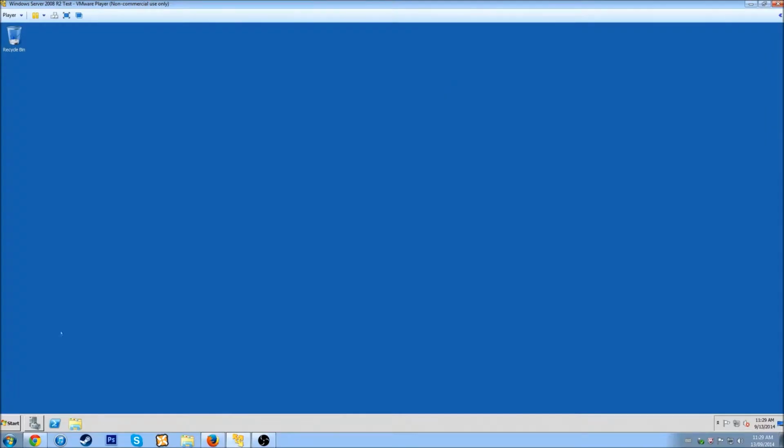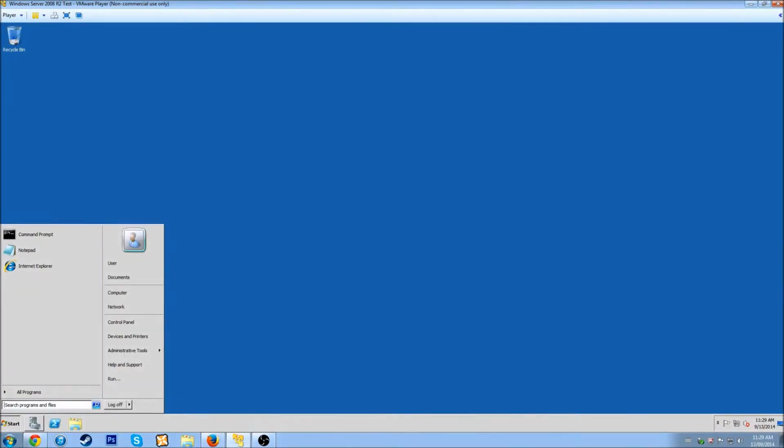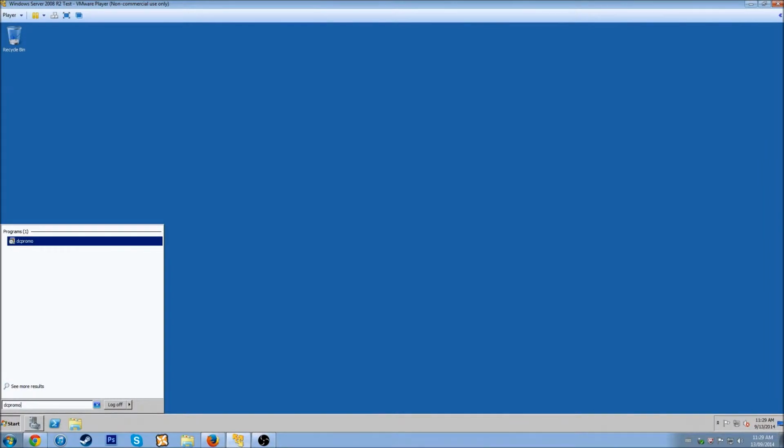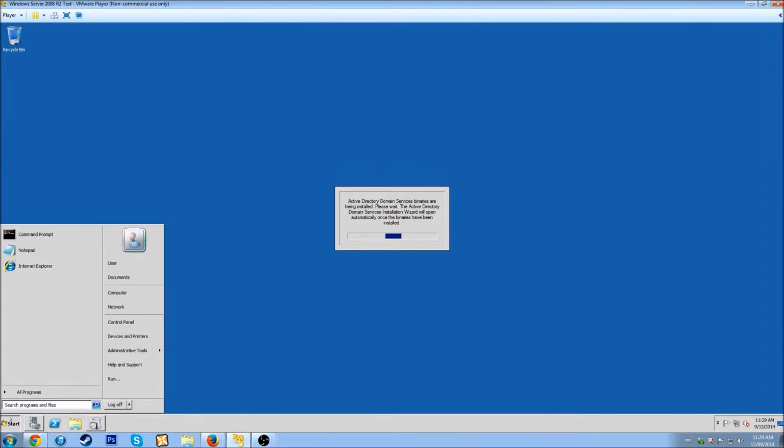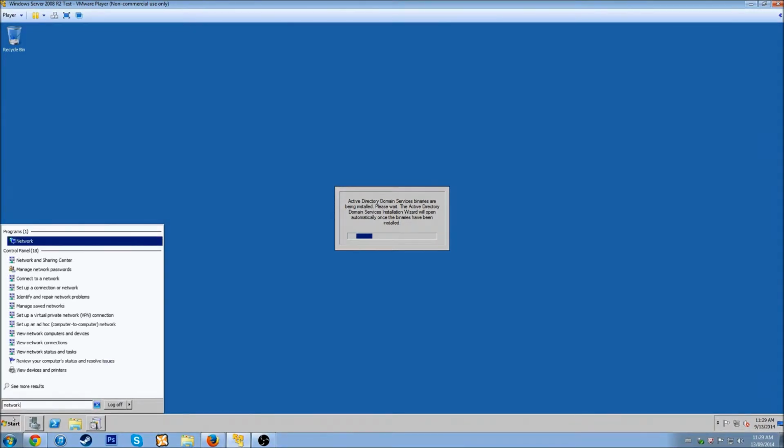and we'll just minimize this for now, and we're going to hit our start button. Similar to Windows 7, we have our search bar, and I'm going to type in dcpromo, and this little box comes up right here, dcpromo. So it's checking if Active Directory is installed and the binaries, and it's going to be loading. It's going to be taking a few minutes, and in the meantime I'm going to go to the network and